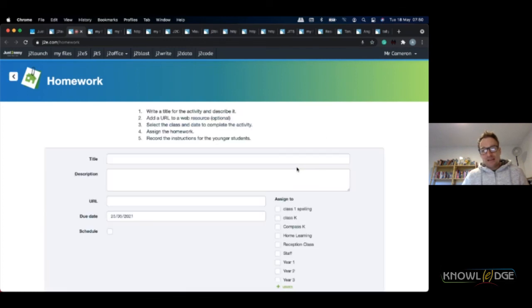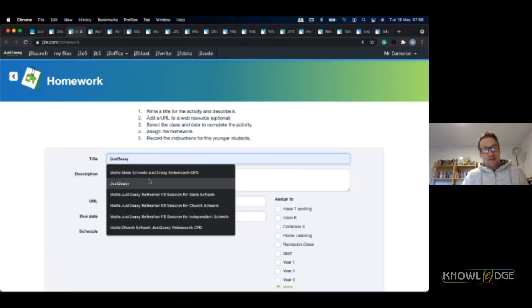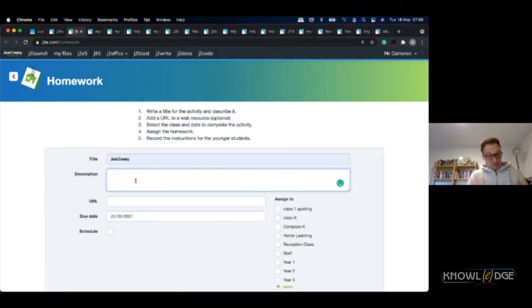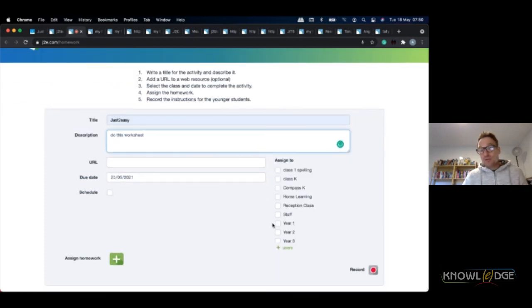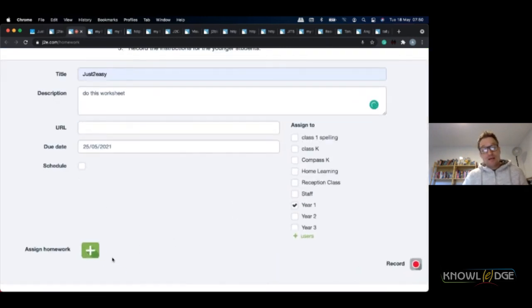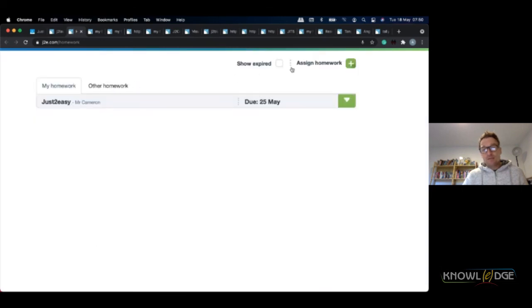I can assign the activity, and let's just say it's a Just2Easy activity and do this worksheet. Pop the link to the worksheet in there, because you get that from your own My Files. Choose the class that you want to share it with and assign the work. It's really that simple.